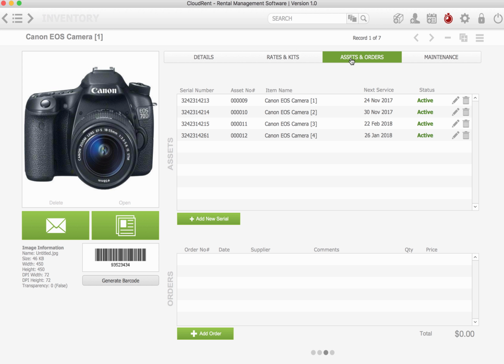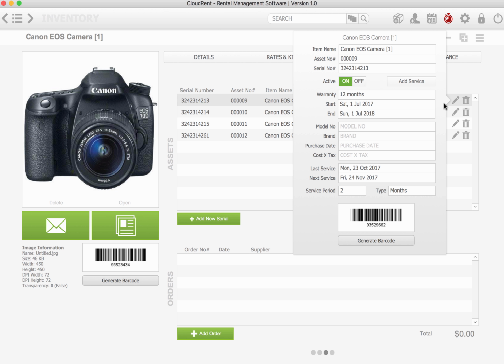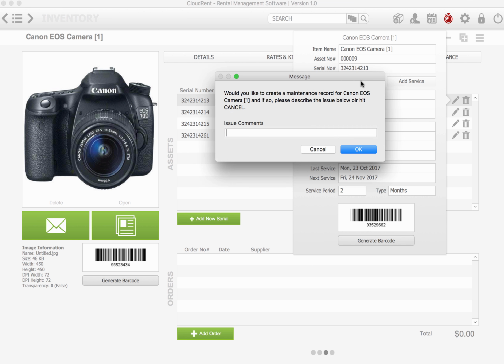The next tab is my asset and orders tab. Down below, when I get new inventory in, I can add an order so we can track the value of those items. These are my assets, and we can track service calls, when we bought it, what it's worth, models, create barcodes. Now, if I take it out of service, I need to put a description in,